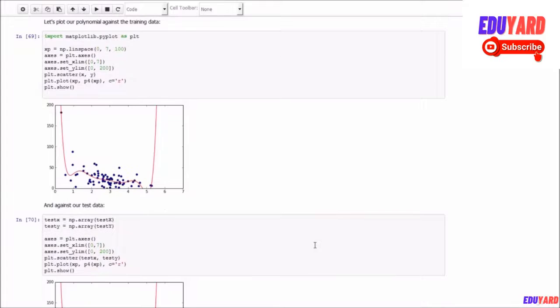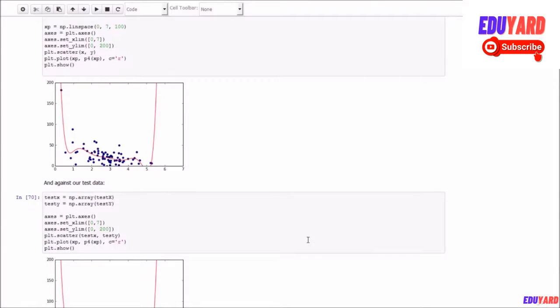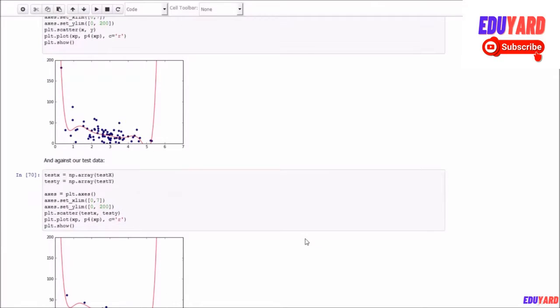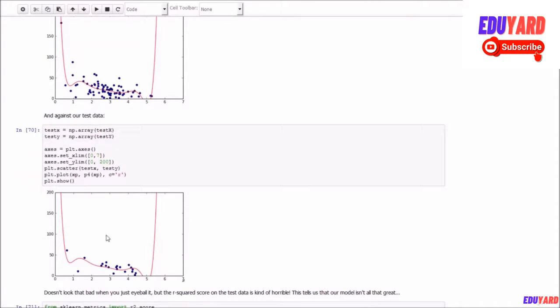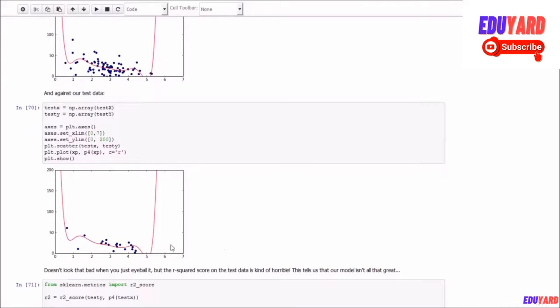Alright, so let's try to tease that out. Let's give it our test data set, and indeed if we plot our test data against that same function, it does not actually look that bad. One of our test data points is actually way out here to begin with, but you can see that it's a reasonable fit, but far from perfect.